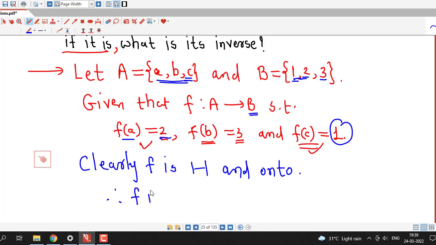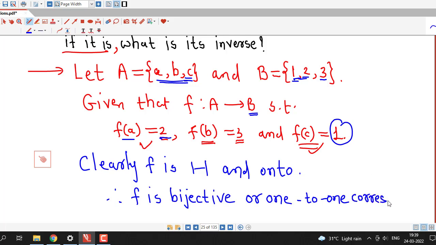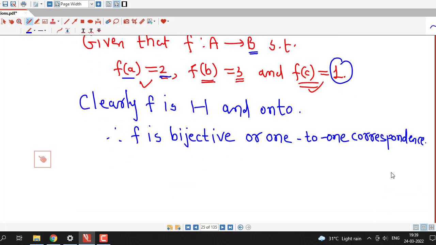Therefore f is bijective. These are different words which we should be familiar with, or we can say that f is a 1-to-1 correspondence between sets A and B. So I am just writing all these things so that we can remember that all these are the same words. So because f is bijective, therefore f is invertible,